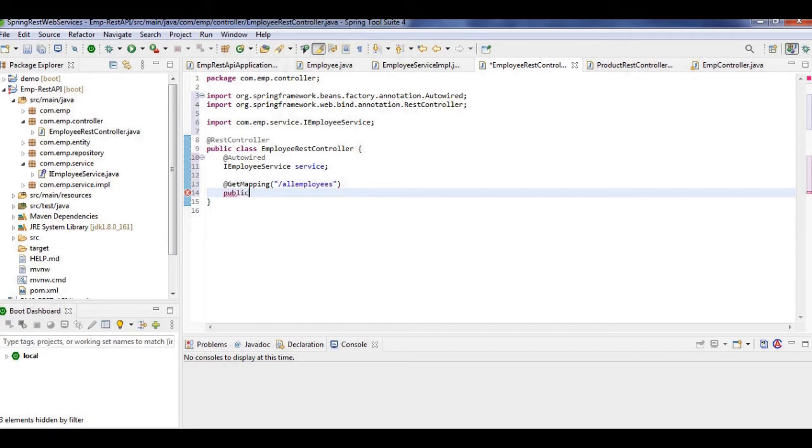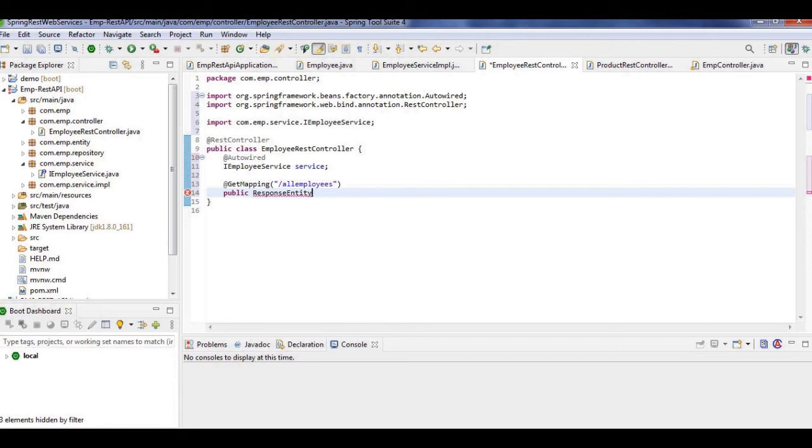This is public, and now its return type is going to be ResponseEntity. And it is going to be ResponseEntity of list of employees, list of employee objects.